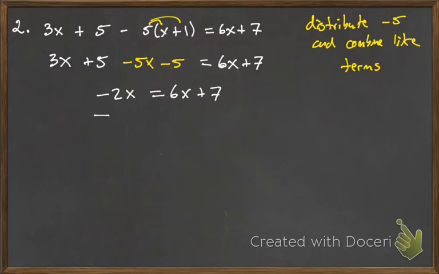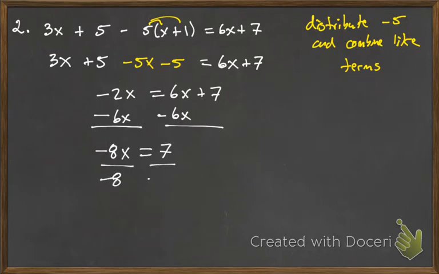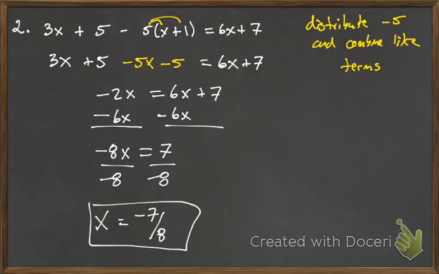Now this is a linear equation, so we'd like to get all the x's on one side of the equation. It'd be a little easier to get them on the left. So we will subtract 6x from both sides, and we'll have minus 8x is equal to 7, and then we'll divide both sides by negative 8, and we'll get x is equal to negative 7 over 8. Okay, so we'll look at another one on the next slide, and it's going to have a nested set of